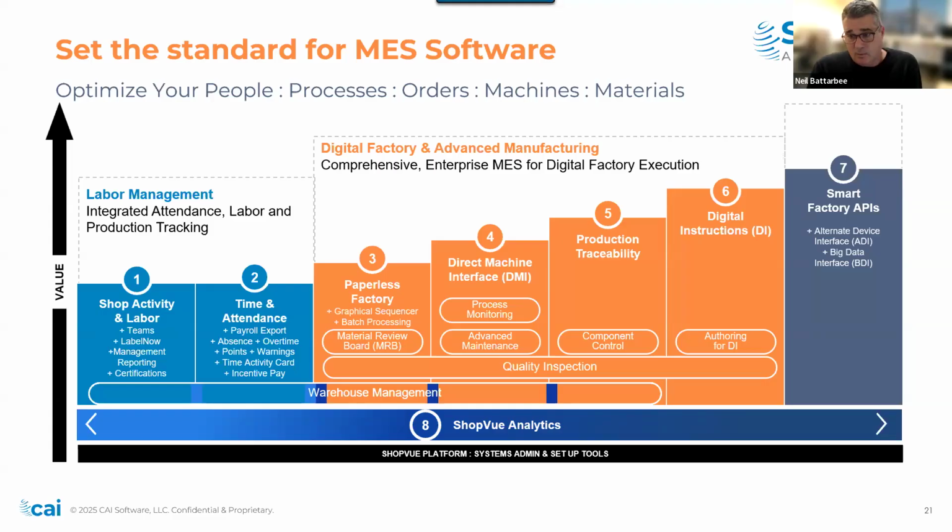From there, we deliver also with digital work instructions. We've touched on that. And then we've got integrations, that smart factory APIs there on the right-hand side that will eliminate those silos. We'll connect to your ERP, your PLM, your QMS, you're going to run out of acronyms here, your maintenance management system, your HRIS system, right? We want to make sure that your business workflows are supported with data. So that's a good overview of ShopVue.